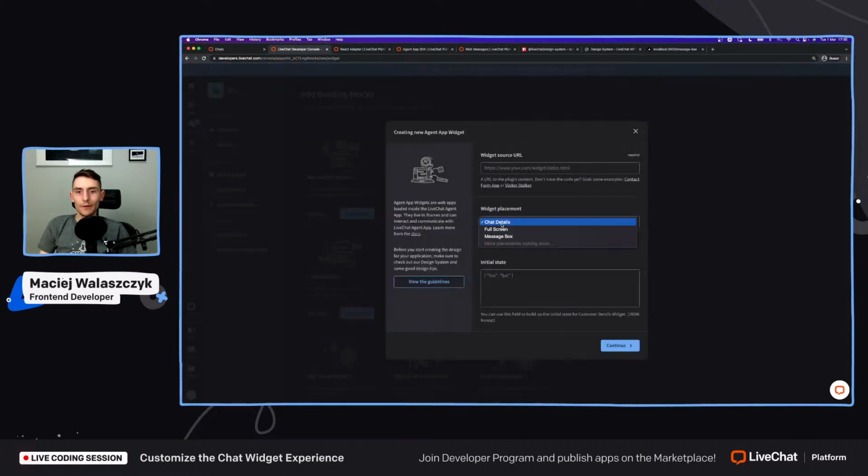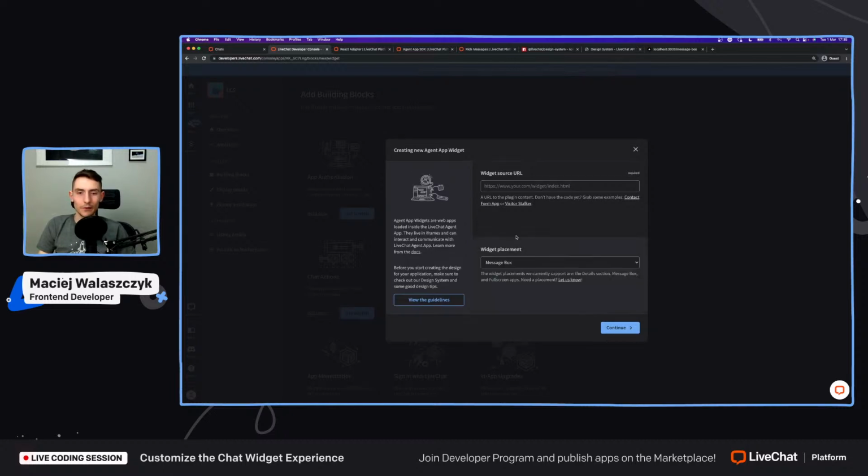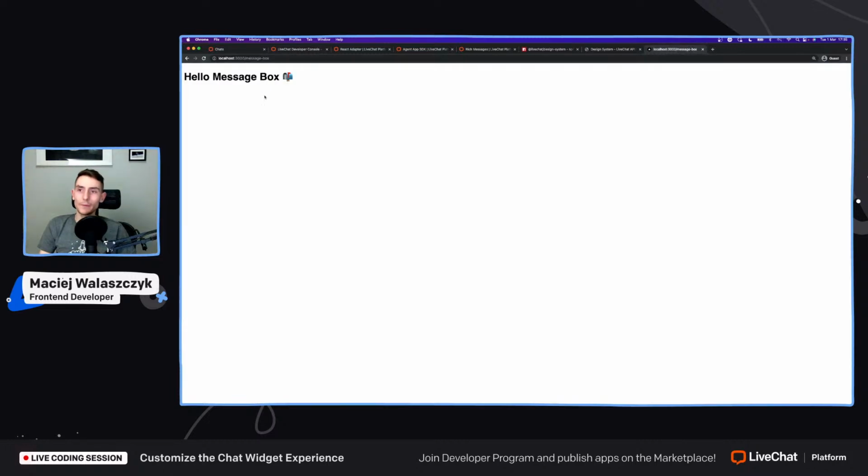And here we can choose one of those three available widget placements. And as we know, we are interested in the message box placement. So we'll click on that. And here, the only thing that we need to provide is the widget source URL, which will be the URL for our application or web page that we want to display inside this integration place. If I just